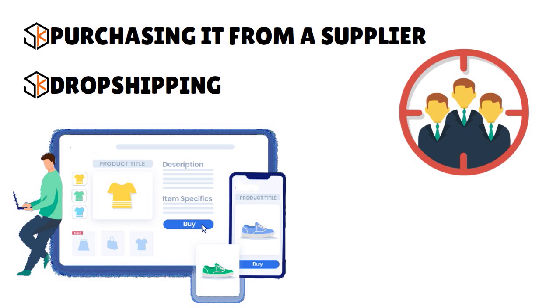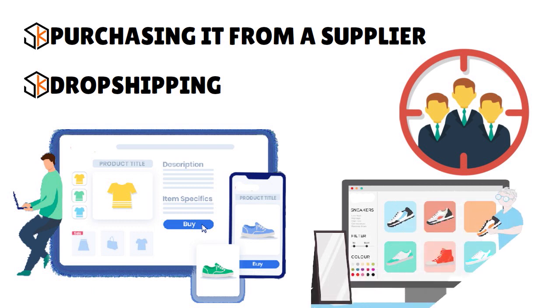See, the main advantage of the first option, which is purchasing from a supplier, storing it, and reselling it, is that you can view the quality of stock firsthand. You can ensure that it is produced ethically, and you can build up a good relationship with your supplier. Of course, if you are making your own product, you are the supplier. Now, the disadvantage of the first option is that you will need to invest cash in purchasing or manufacturing goods, which, if your business is not a success, you may never end up selling. You may also face costs associated with storing your products somewhere, and you will be responsible for all shipping costs.